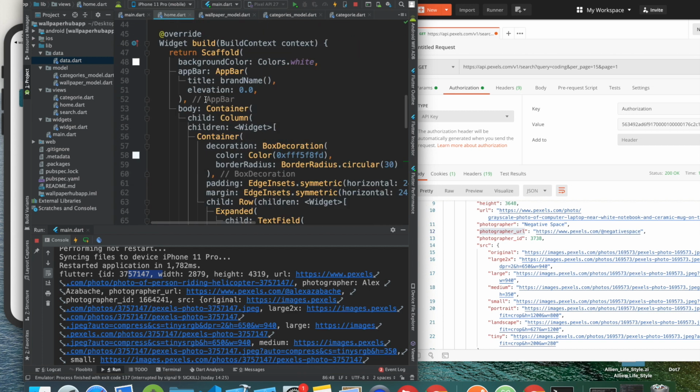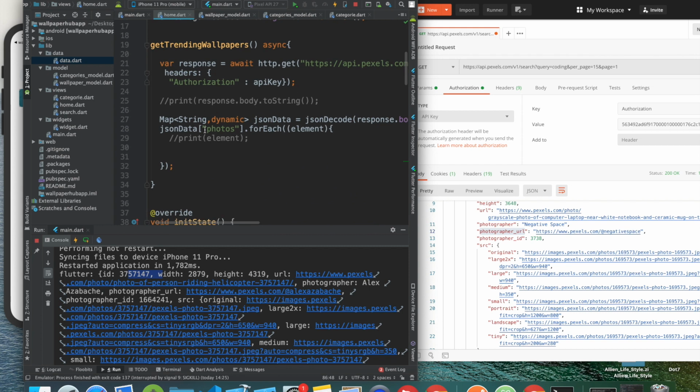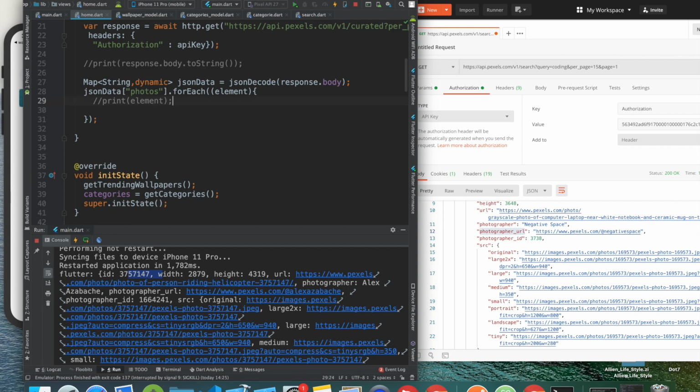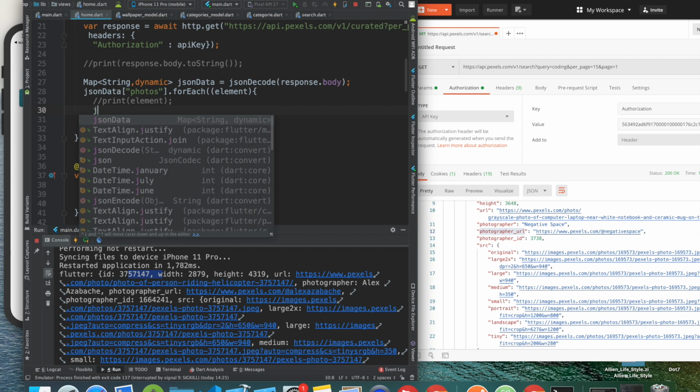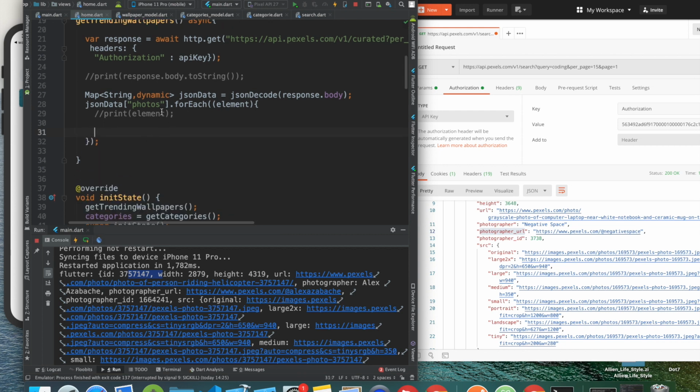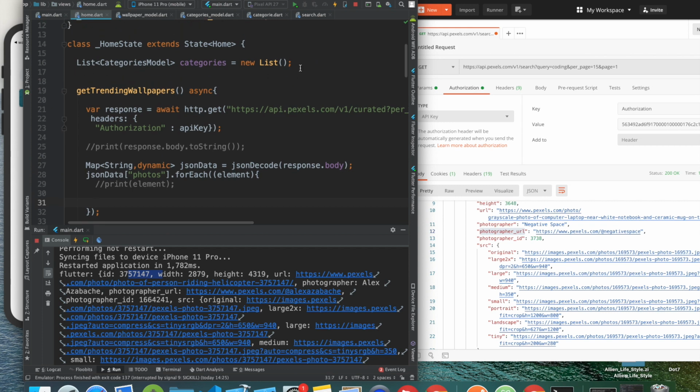Hope that is clear. Now how are we going to do that? So we have this, okay, and we want the individual values. So how can we get them? Similarly, we did for JSON data. How do we get this photo? We get it by calling the key and getting the value of it. So we can say JSON data. So we don't want JSON data. What we want is something similar to a list. So I'm going to say